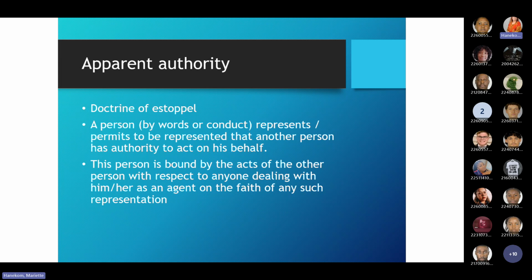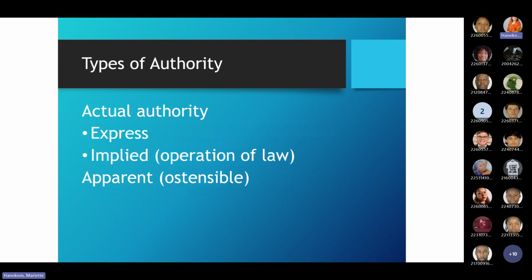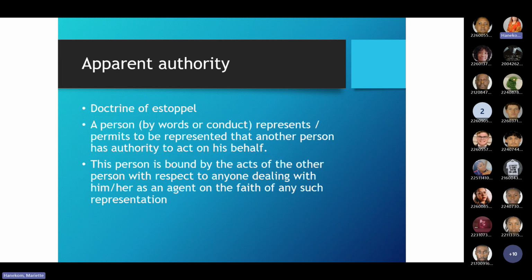You said it wouldn't be fair. Your common sense, your insight is 100% correct, and the law strives to be fair. And that is where the other type of authority comes in. Let's go back. We saw agent's authority, and we've illustrated express authority and implied authority. But there's also a type of authority called apparent authority, sometimes referred to as ostensible authority. The situation, Roland, that we've just discussed can be a situation where there is apparent authority.